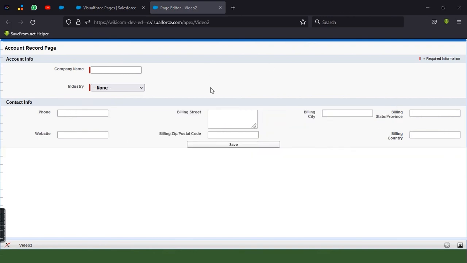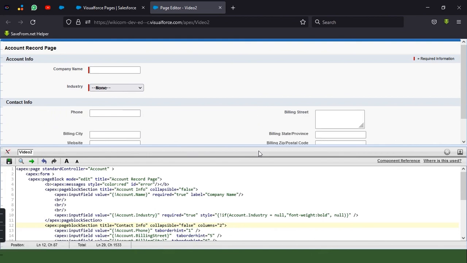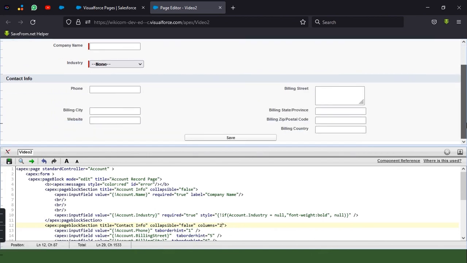So here on this Visual Force preview page, in the right bottom corner we have code editor panel. So guys, whatever changes we make on this code editor panel, the changes will be reflected as soon as we save the changes. Okay, so I'm making the column count as 2, and now as soon as I save this, the column will be decreased to 2.